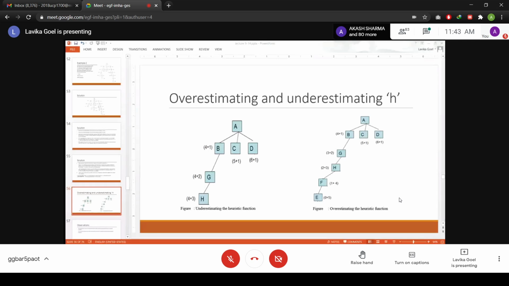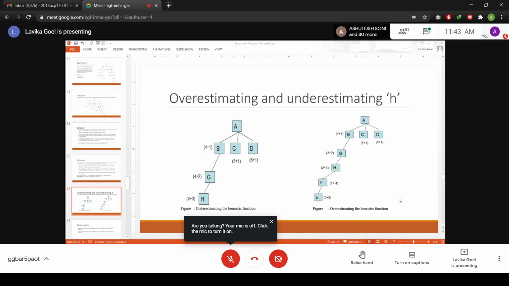Fine. So now which one will you choose? From B, C and D, you will choose B, right? So when you choose B, it leads to G, and the heuristic value of G is 3. So 3 plus 2 is 5. So 5 is the F value of G, and the earlier nodes in the open list, that means C and D, have got their F values as 6 and 7.